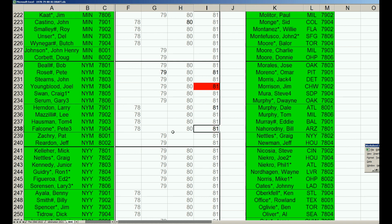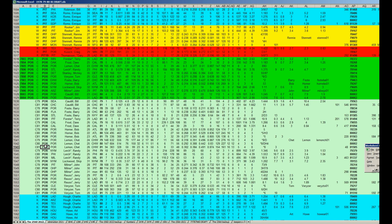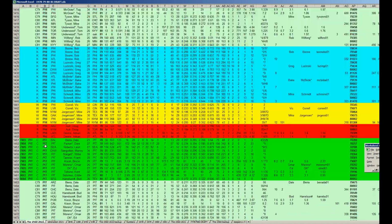They also have Pete Falcone having his best year in 1981. And also, they have Pete Rose at third base. And this was the stipulation that he'd play one more year with them before he goes to the Phillies. And his big years in the Phillies are 79 and 81, but it's also by playing first base. And the Mets have no third baseman, and they have a couple guys who can play first base. Bob Bailor, Lee Mazzilli, are a couple guys. So let's keep going with the Mets, assuming we don't do the Youngblood thing,